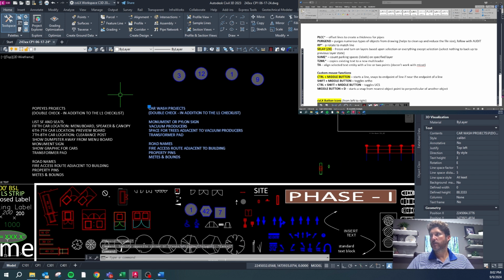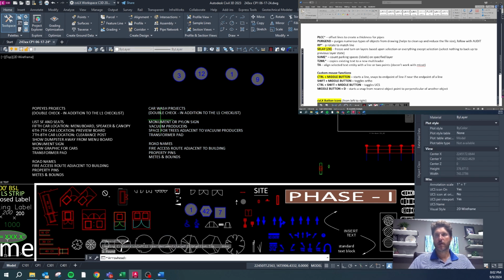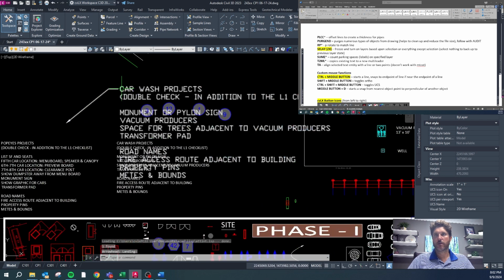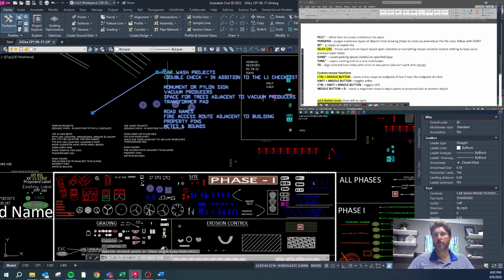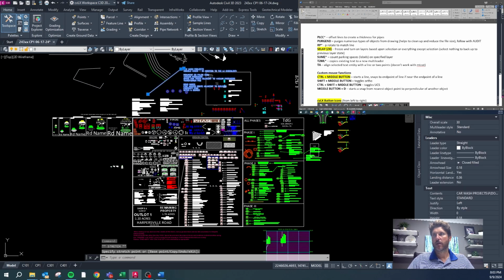T2ML. This is another great command. It's very helpful when you're converting surveys, and it takes any piece of text to multi-leader, T2ML, and you pick where you want your arrowhead, and then you pick where you want your text. And so now this is a multi-leader that I can move around however I want. And over here is the